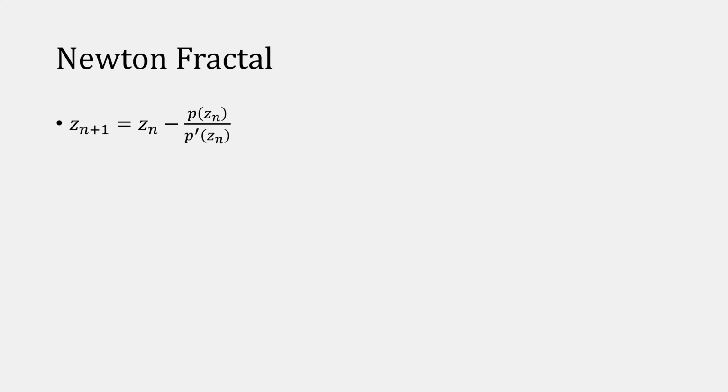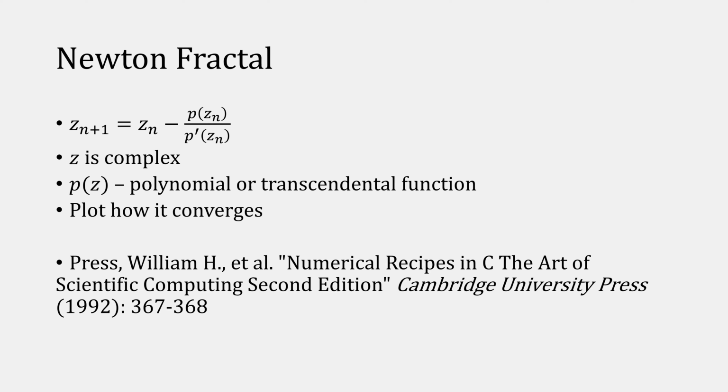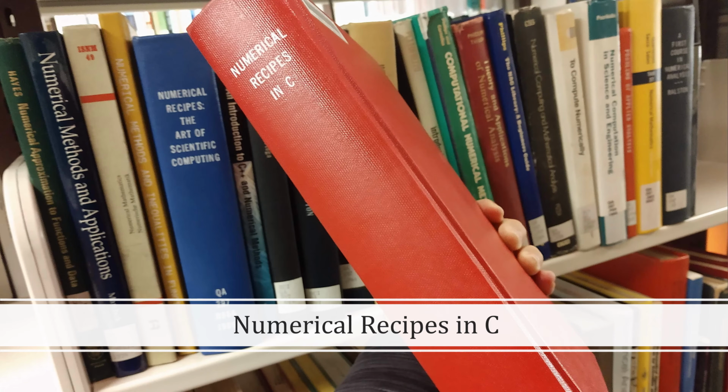A Newton fractal comes from Newton's method, only now we're using the variable z instead of x to show that this number is complex, and p is any polynomial or transcendental function like the arctangent, and all we're doing is plotting its convergence behavior. Let's take a look at an explanation from Numerical Recipes in C. You may recall this book from my earlier video on Newton bisectional hybrid. About Newton fractals they write,